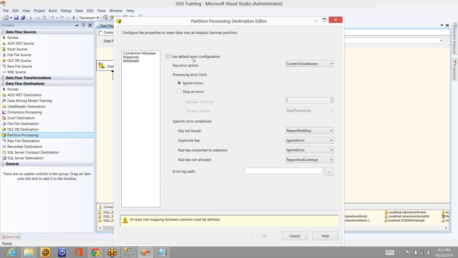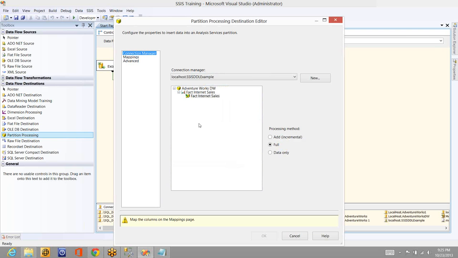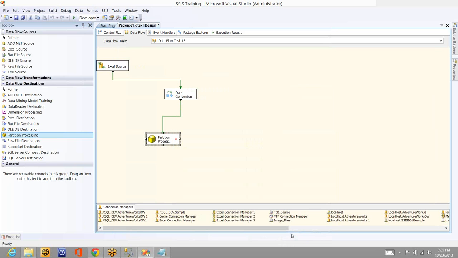So that is why there will be chances of getting a lot of issues while processing the dimensions and the partitions in the cube databases. And that is why I've never seen people using this dimension processing destination and partition processing destination, as it is very risky and it may lead to lots and lots of problems if you don't design it properly. So this is how the partition will be selected automatically when you set the connection. There will be some 10 to 15 partitions. Whatever partition you want to process, you can select that, go to the mappings and select the mappings. Okay, and click on OK. This will work fine only when you have one partition. If you have more than one partition, it will be very difficult to make use of this